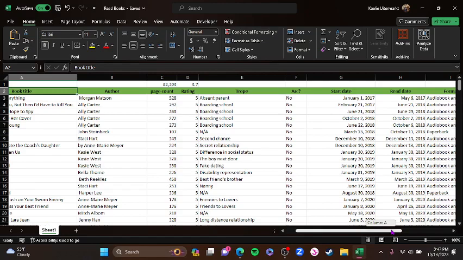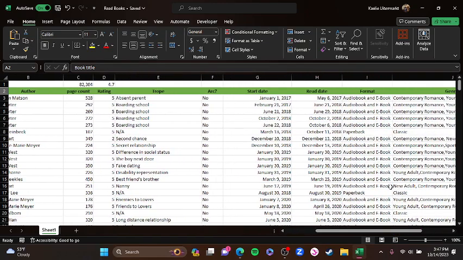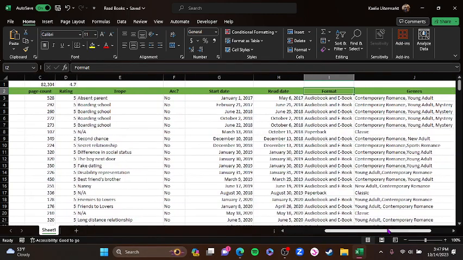So I have book title, author, page count, rating, so my rating. Trope, because I organized my Goodreads by trope, whether it was an arc or not, the date I started it, the date I finished it, the format, which you'll notice that most of these have